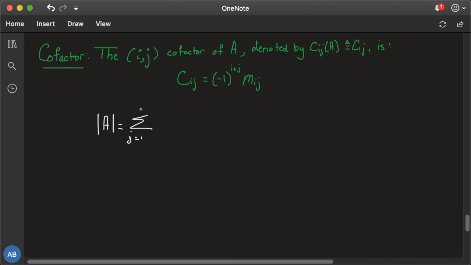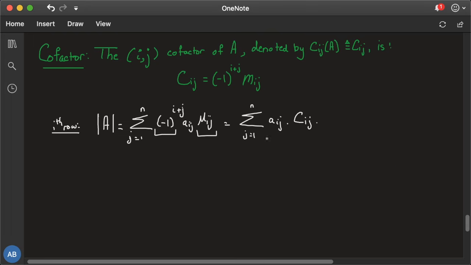So instead of saying the sum over j going from 1 to n of minus 1 to the power i plus j times aij times Mij, applying Laplace on the ith row, we can combine this Mij with this minus 1 to the power i plus j